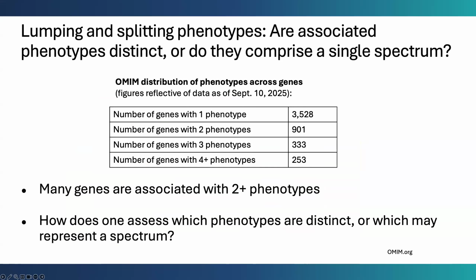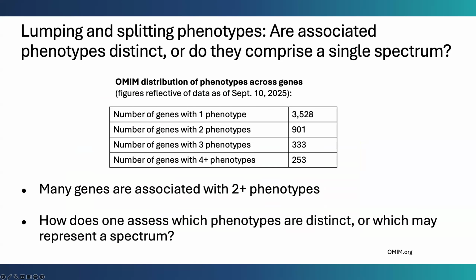We can see that approximately 30% of the genes in OMIM that are associated with monogenic disorders are associated with more than one phenotype, and that has been consistent for decades now. So it isn't a small number, it's over 1,400 different genes. And so, again, we really need to understand and assess which of these phenotypes are really distinct, which ones are that spectrum, so we know what to include and exclude, and how we're going to score those particular patients for